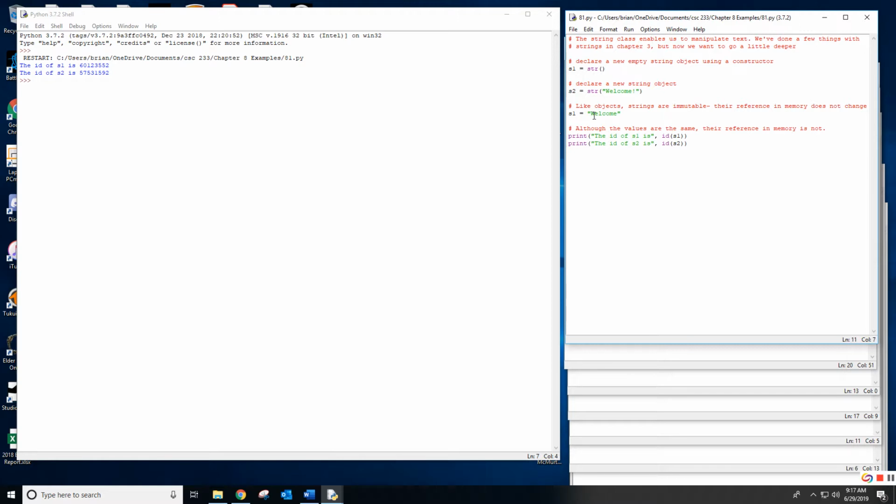Well, what happens if we set string 1, the value of string 1, to welcome? Would that not be S2 equal to S1? And the answer is no, because like objects, strings are immutable. That means they cannot change, and the reference in memory does not change. We can prove that even though the values are the same, the reference in memory is not. So we have two lines of code here where we say the ID of S1 is, and then we